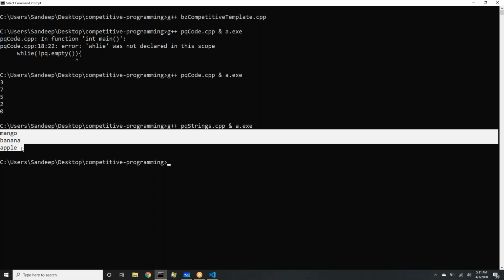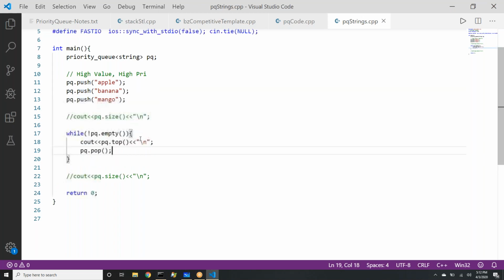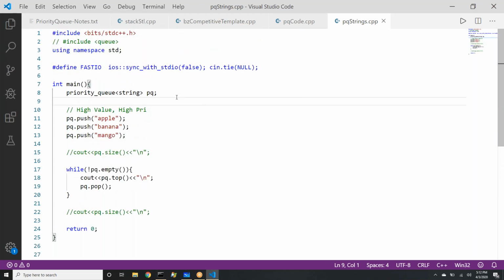So lexicographically also it is giving, ideally if you compare strings also, we can say, hey, mango in dictionary order is greater than banana. So by default, what it returns to us is it returns in reverse sorted order if you put strings, right? And this is exactly what is called heap sort. You take all the strings, put that in priority queue, you take them out, they will come in the descending order. We will also talk about how do we get alphabetical order. What if we wanted ascending order? But for now, we are talking about default behavior if we define queue like this.